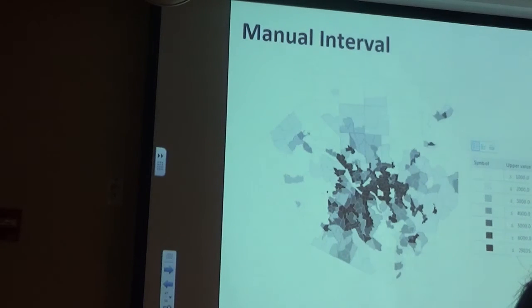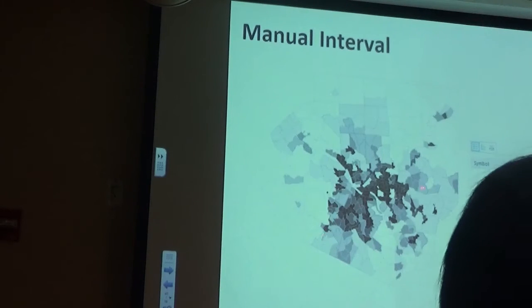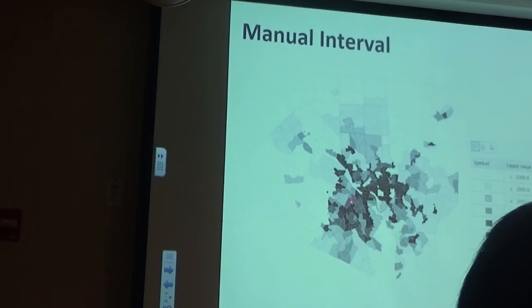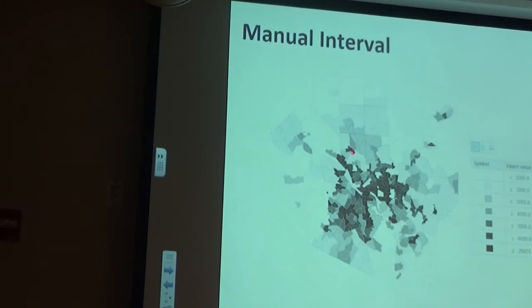All right. Speaking of manual intervals, so you can see here now, you can select these, and you actually can label them. And here's an example: everything above 6,000, that's a numeric way to write that, but everything above 6,000, 6,001, and greater. It's completely okay to do that. If the idea is to show where everything is in a condensed way and explain that you have these really, really concentrated spots of high income, it's completely okay.